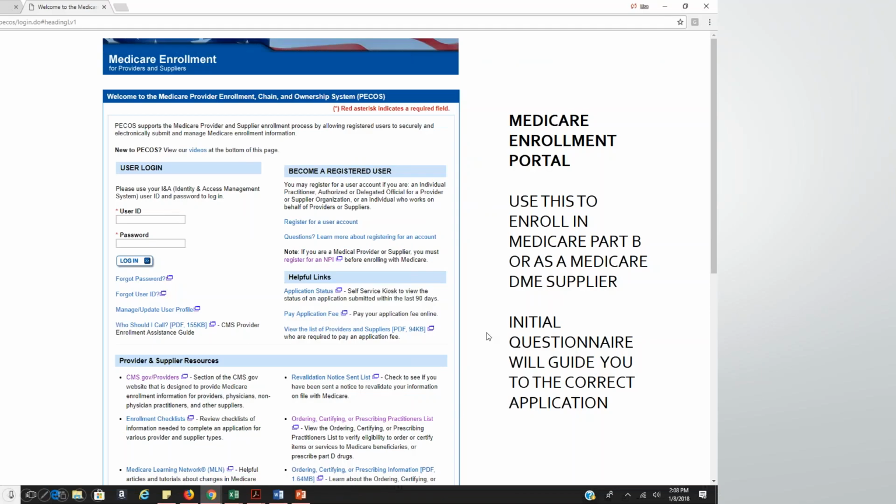This is the home page for PECOS, and this is what this would look like once you have gotten your I&A access. Then you can go to the PECOS enrollment and you can begin to fill out the Medicare application. It is a very, very intuitive application. You can enroll in Medicare Part B. You can enroll as a Medicare DME supplier. And what will happen is once you have logged in to this provider enrollment portal, you'll be